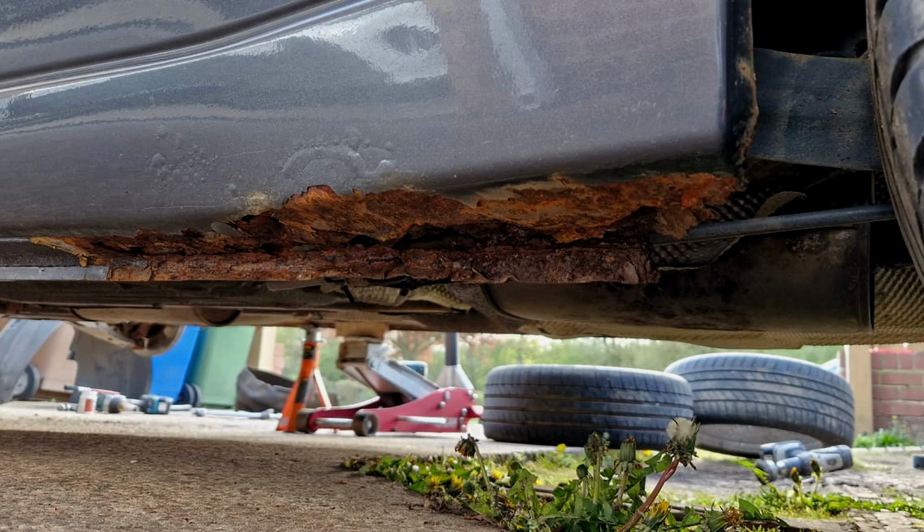Mainly because they've done too many winters. As I say, they've done 20 years of salt winters. Some of them less so, but that is the consequence. And they always tend to go on the rear seals more than the front seals, mainly because all it takes is some dirt and contamination and water to get into that rear of the sill, and there are a few ways that it gets